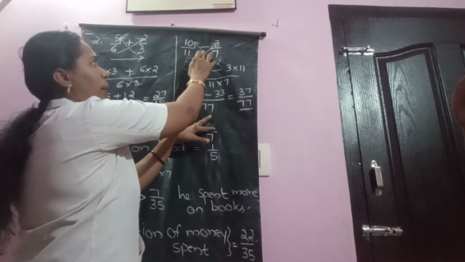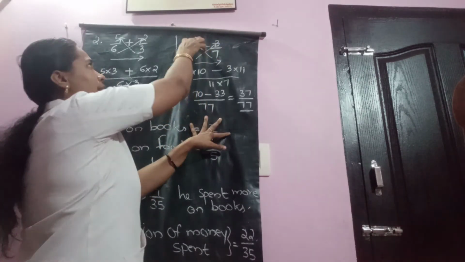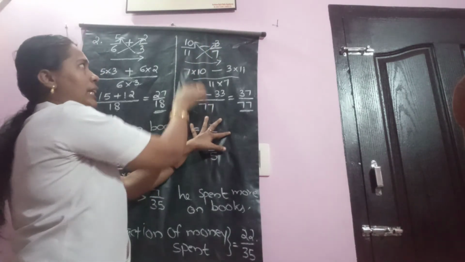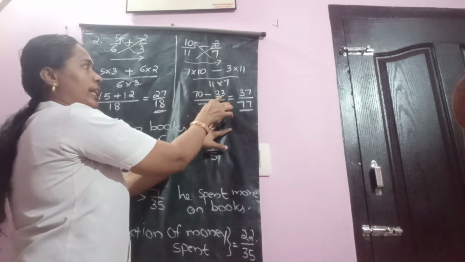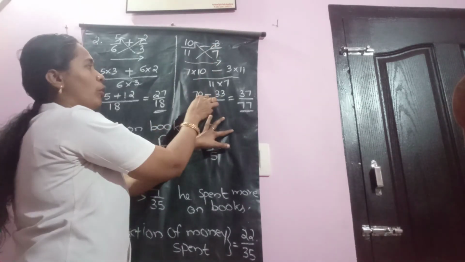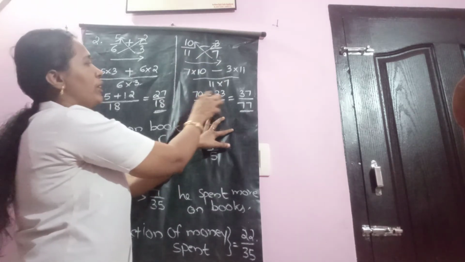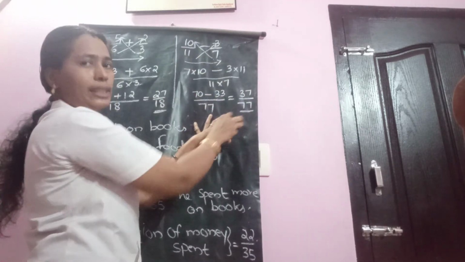Similarly, on the right side it is subtraction. 10 by 11 minus 3 by 7 has been given to us. Cross multiply. 7 comes to the place of 10, makes 70. 11 into 3, 33. In between these two, here is a sign, the minus sign. So follow minus. By 11 into 7 is 77. After subtraction, 37 by 77.